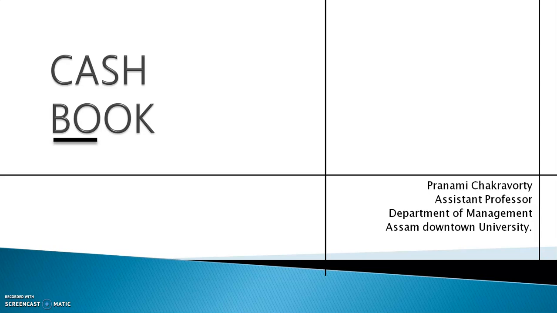Hello students, today we will start a new topic which is cash book. Now you have done journal, then ledger, and now we will be doing cash book. Keeping aside the theories, when you do the cash book sums, you will find that there is much similarity to ledger. So whatever things you have learned in ledger will be used also in cash book. So you will not find much difficulty while doing cash book. Okay.